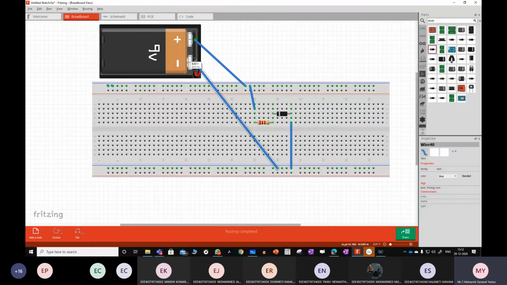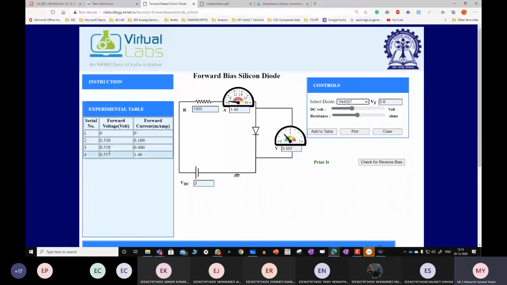Once if you have a system, better try to install this software. It is actually paid software. I'll try to share that software link directly with you, but you try to install that and try once. In our laboratories, we will do experiments in this manner directly by using breadboard, and all these components will be given for you. Like this is 1N4007. This is resistor, which is 1 kilo ohm, and supply voltages will be there. By making the connections on the breadboard, you need to calculate all these values in this manner.